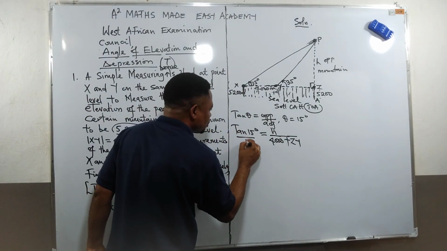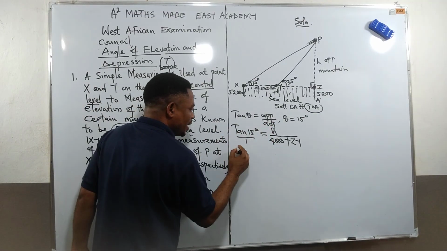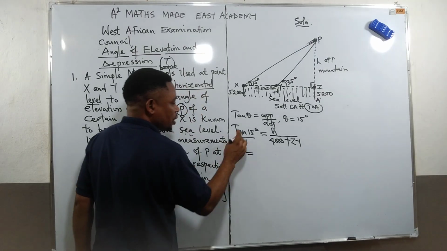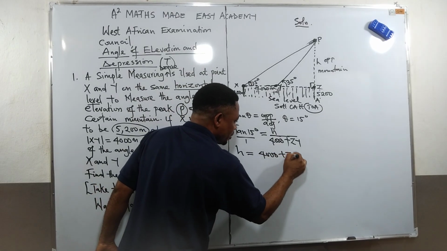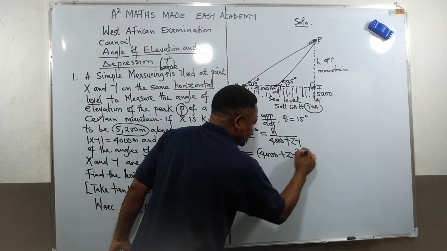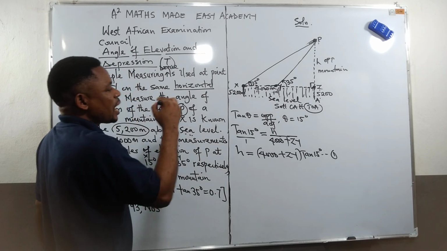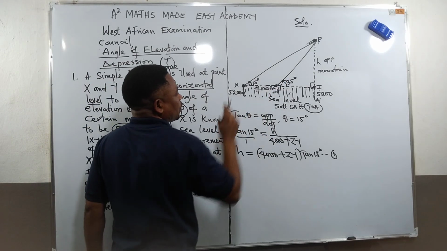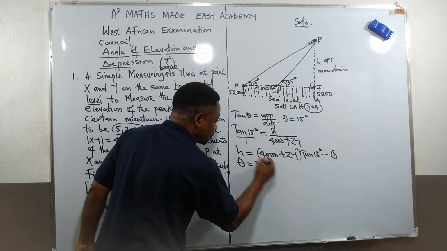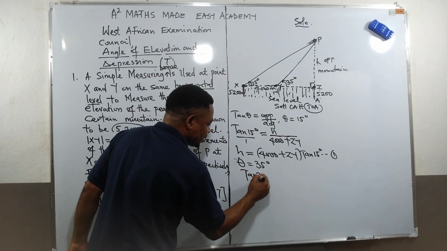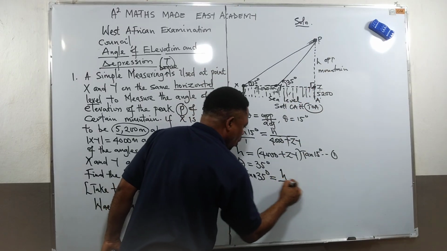So what is my target? It is to make the height the subject of the formula. I will cross multiply, so that 1 times h will give me h, equal to tan 15 degrees times 4,000 plus ZY, in brackets. Call it equation 1. Then I move to the second equation, which is this particular angle, tan theta as well. When theta is 35 degrees, tan 35 degrees is equal to opposite again, which is h, all over